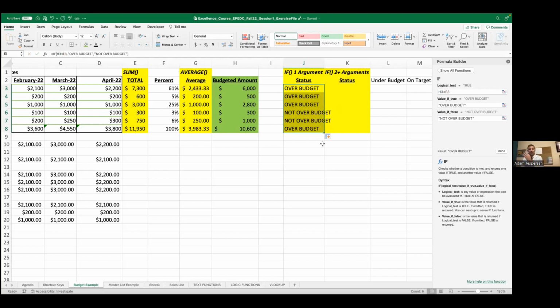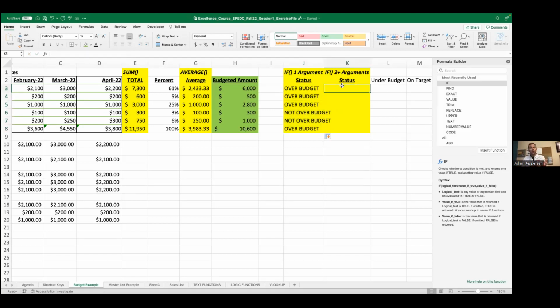All three of those tests that we just did have kind of limited utility, right? Like it tells me something, but each of them by themselves doesn't tell me the whole thing. I want one argument that tells me the whole thing, whether it's under budget, on budget, or over budget. To do that, I have to add another argument to this. So